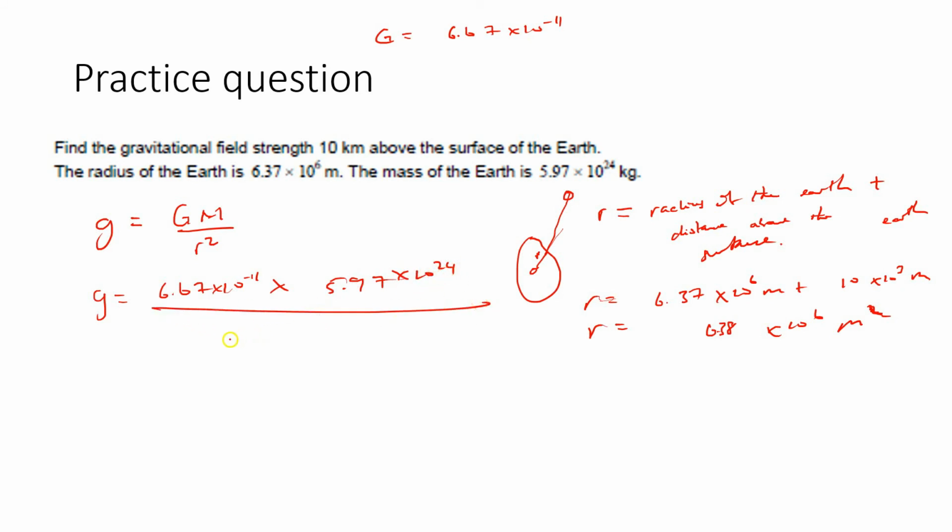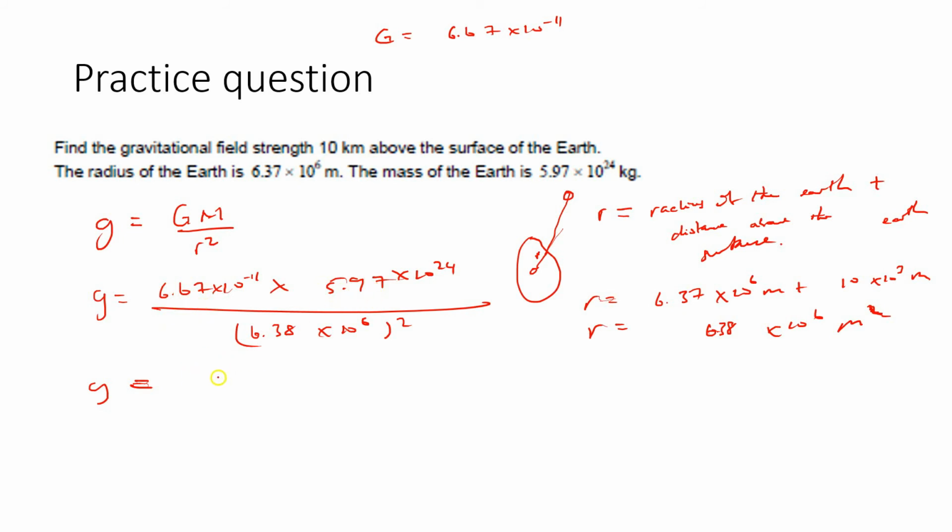Divide that by our new R value here, which is 6.38 times 10 to the 6, all of that squared, right? Then we can now find our G values in a sense. One of the things that I always recommend is that let's put the constants together. So you can go ahead and multiply the constants here, meaning that the 6.67 times the